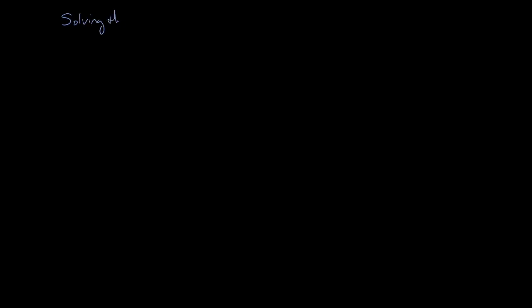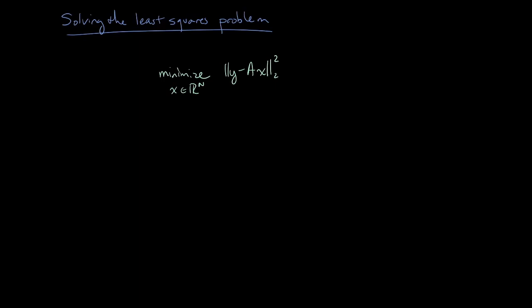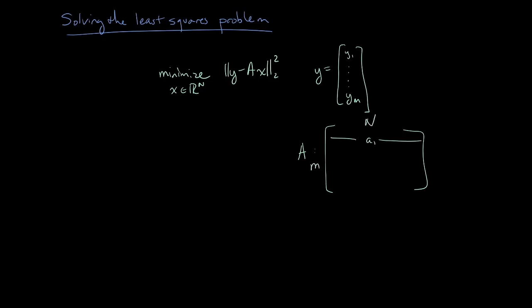Okay, so last time we started looking at the least squares problem in the case of linear regression. But now we want to return to the general least squares problem. And you'll recall that it looks a little bit like this. We want to minimize over all x in R^n the L2 norm squared of y minus Ax, where y is some vector of m samples, A is an m by n matrix, and x is a vector